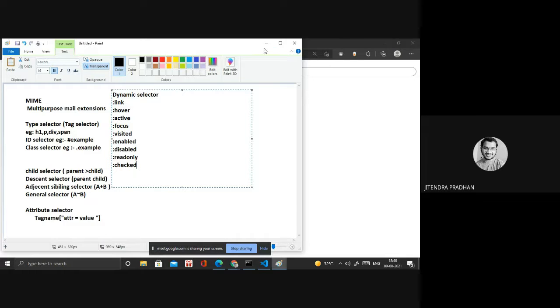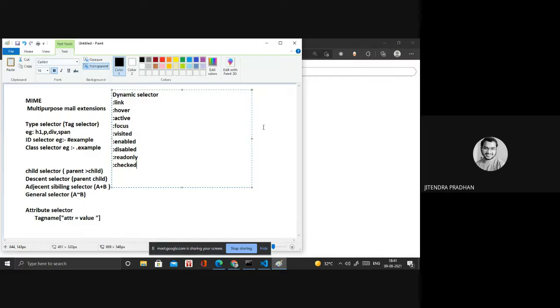So how are we using that one? You know that in the HTML I already showed you what enable is, what disable is, how we disable that particular box, and if you use read only, you can only read that particular content. You are not allowed to write inside that. Checked means if you are designing a radio box and checkbox, then it will be checked automatically. Okay, so by using CSS also we can do that.